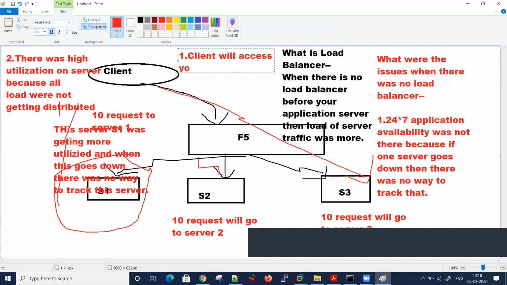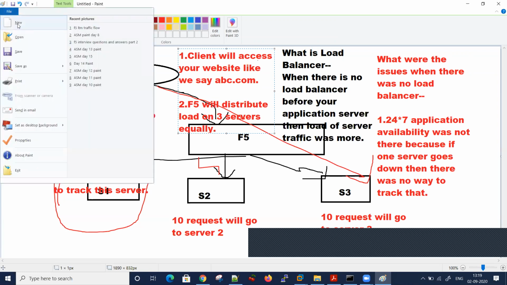your website. Like if I say abc.com, so customer will access this load balancer. So abc.com will be hosted on your F5, and F5 will distribute load on 3 servers equally. So we will cover load balancing algo later on, but this is how load balancer will come in picture. It will distribute based on your load balancing algo.